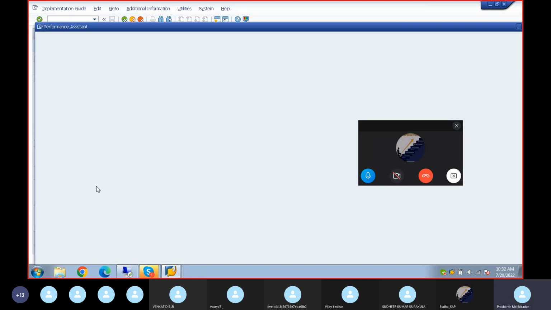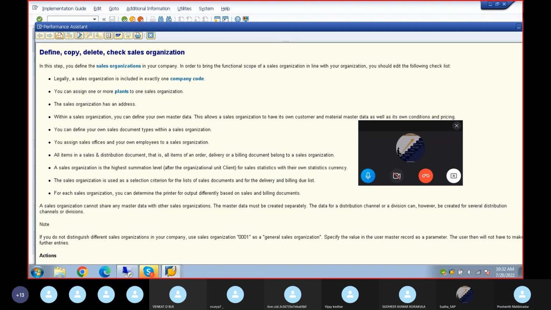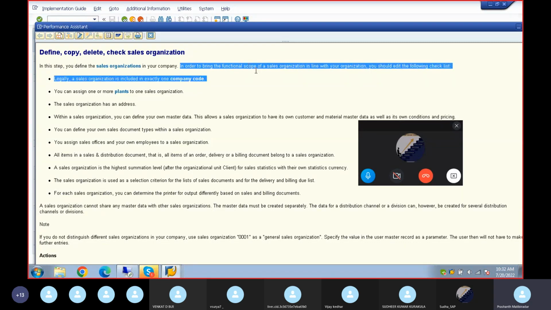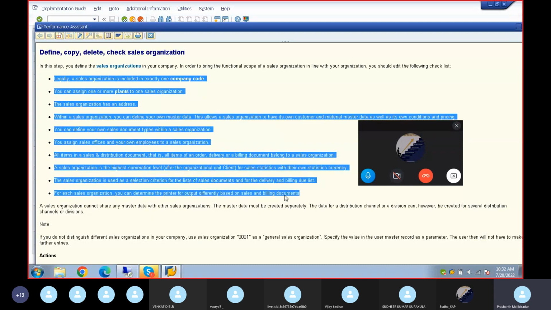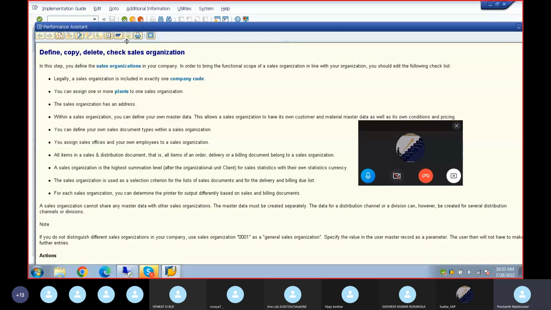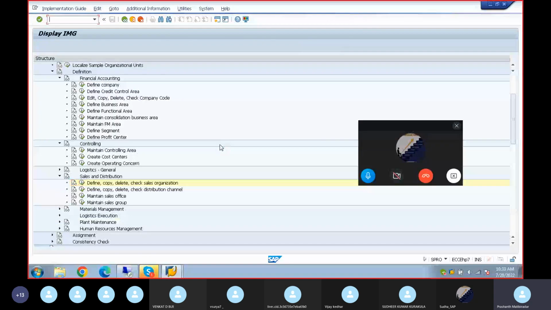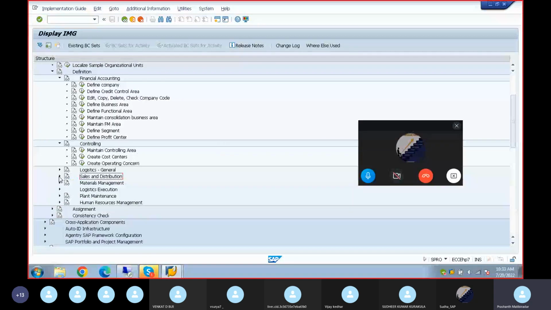In sales and distribution, if I'm defining, copying, deleting, or checking the sales organization, you will come and see in this step that you define the sales organization in your company. In order to bring the functional scope of the sales organization in line with your organization, you should edit the following checklists. It gives the checklists of what needs to be defined before defining any organization unit. If I come back to FI here,